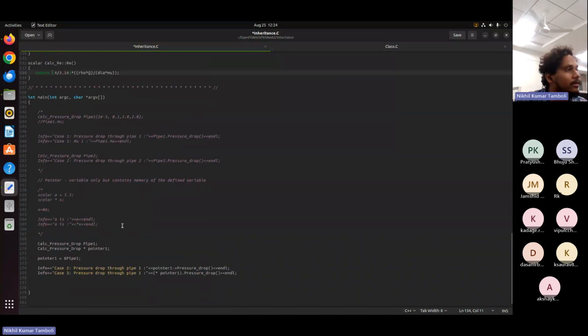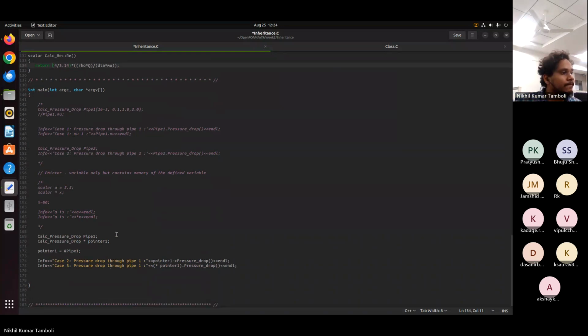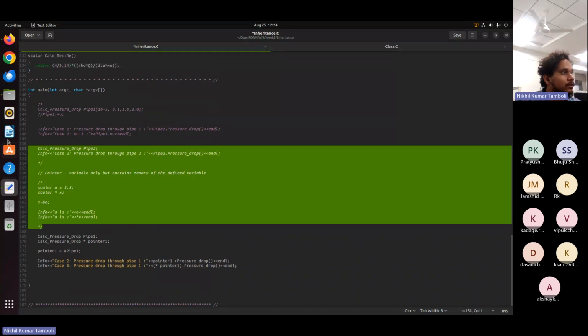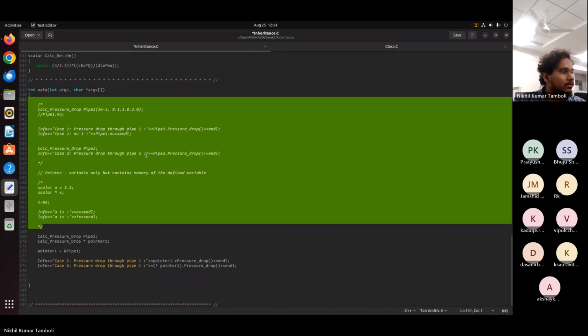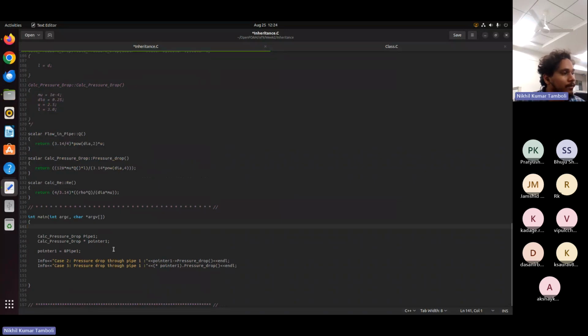So first of all, again, what we want to calculate now. We want to calculate the pressure drop through a pipe. So we have to define that function, I mean that class name. So this is calc pressure drop. Just remove this thing. Calc pressure drop. Object is pipe 1, and then